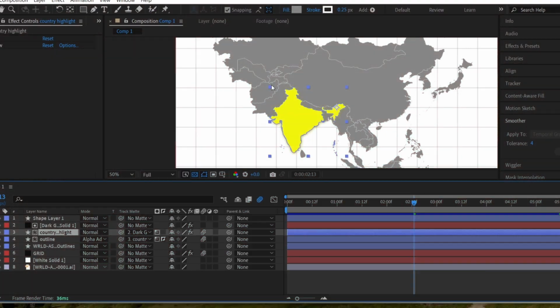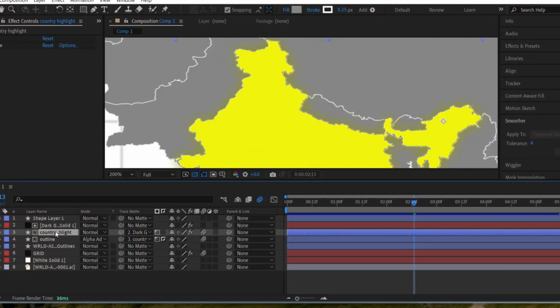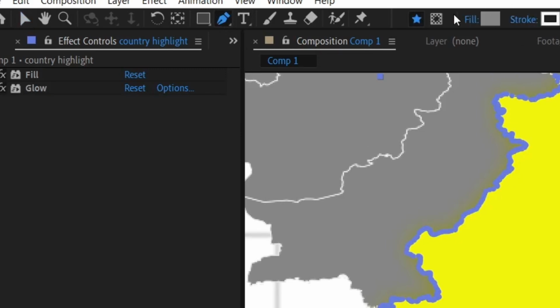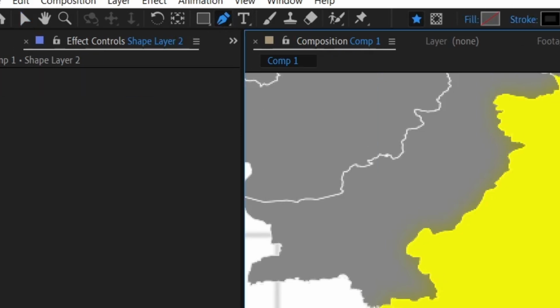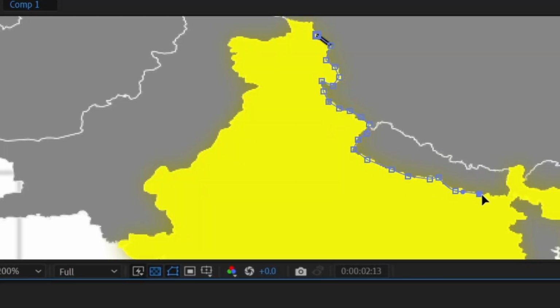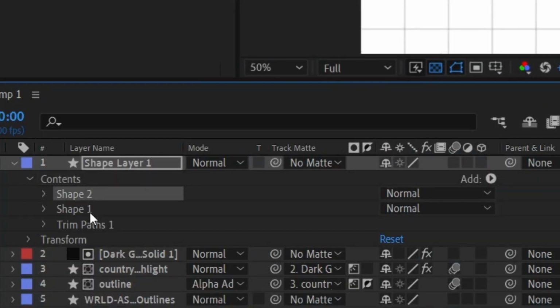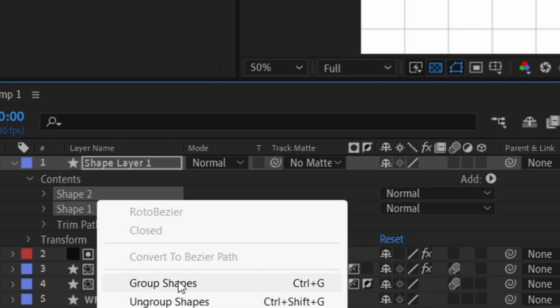Now let's create the drawing outline. Create a new shape layer, select the pen tool and make sure it's set to shape, not mask. And here's a tip, don't drag curves yet, just click around the border first, we'll smooth it later. Once the full outline is done,